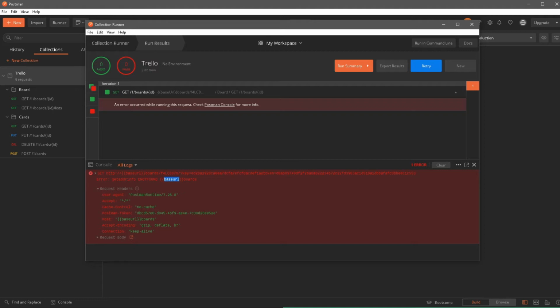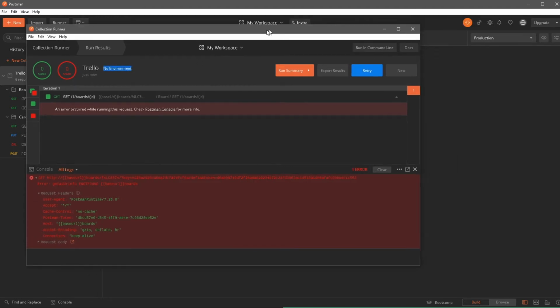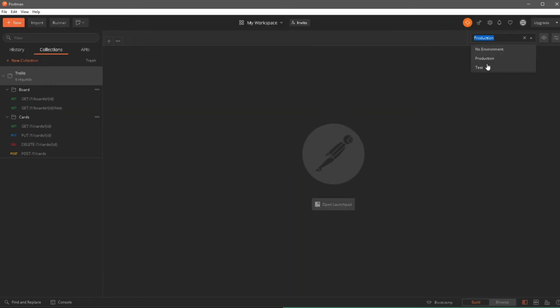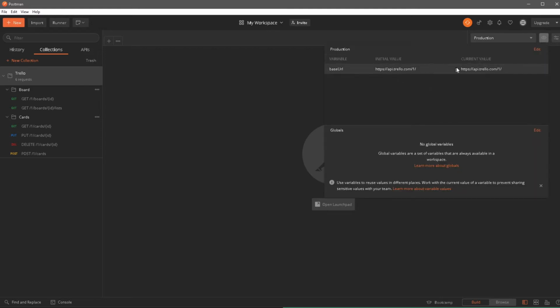So we see a Trello collection and just on the right, it says no environment. So we are not actually passing an environment when we're running this. And if you remember from our previous videos, we created an environment which was a production environment as well as a test environment, and then we passed in the base URL in that environment. So we have an environment variable created for that, and I can actually show you here. So this is the environment, production environment. If I go here, I have options for test as well as production. And then if I go to, let's say, my variable over here, I can see my base URL. So if I don't select this, it's not able to pick up this value.